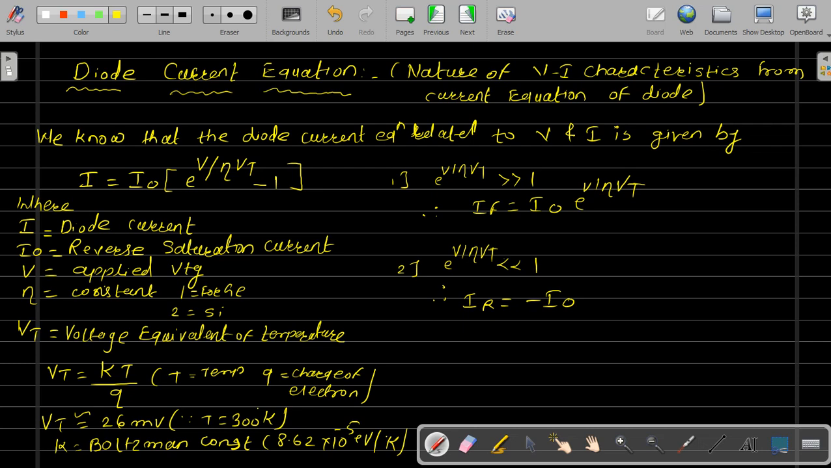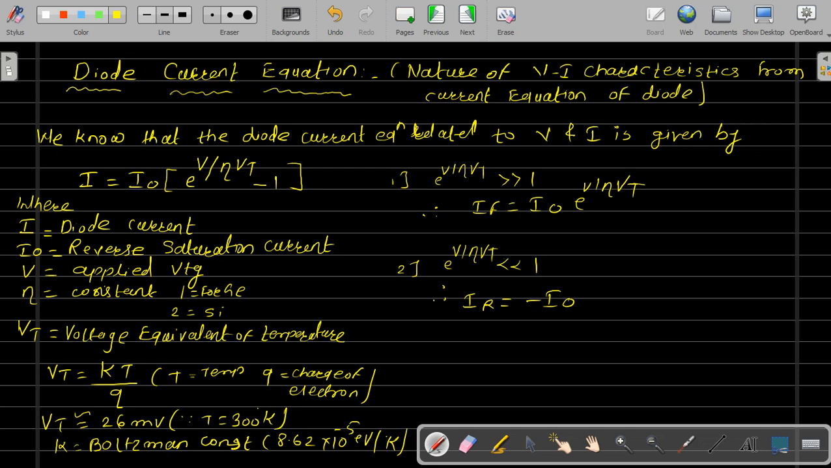Hello friends, today we are going to see the diode current equation and nature of the VI characteristics of a PN junction diode. We know that the relationship between the applied voltage V and the diode current I is exponential, as we have seen in the previous class, and it is mathematically expressed as the diode current equation,